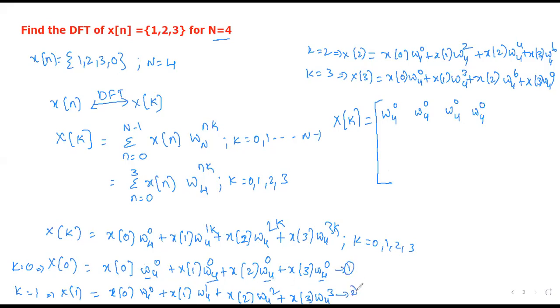Next, let us write down the twiddle factors of the second equation: omega 4 power 0, omega 4 power 1, omega 4 power 2 and omega 4 power 3. Let me write the twiddle factors of the third equation: omega 4 power 0, omega 4 power 2, omega 4 power 4, omega 4 power 6, and then for the fourth equation, omega 4 power 0, omega 4 power 3, omega 4 power